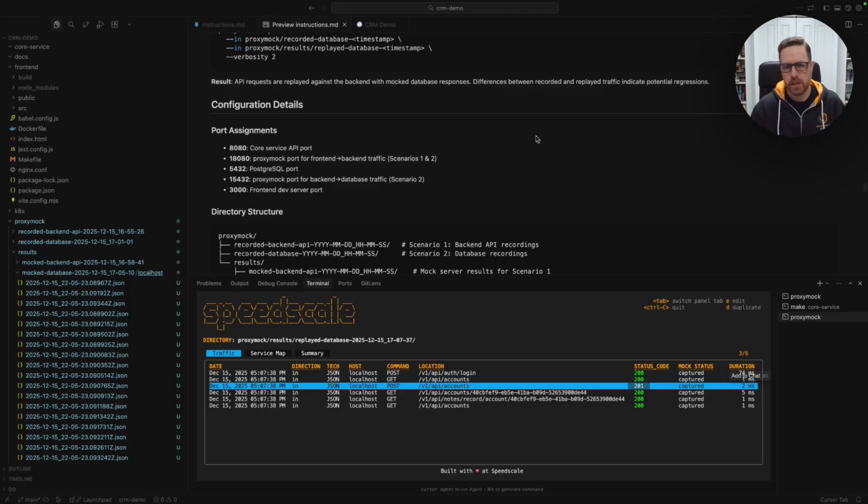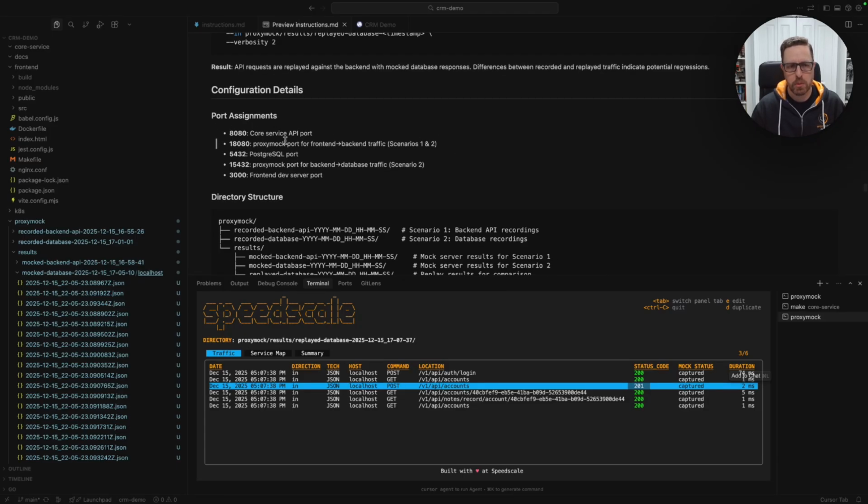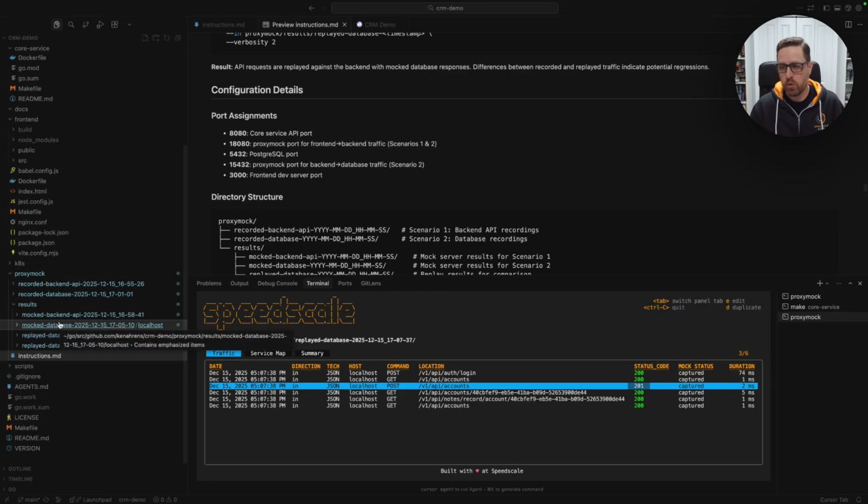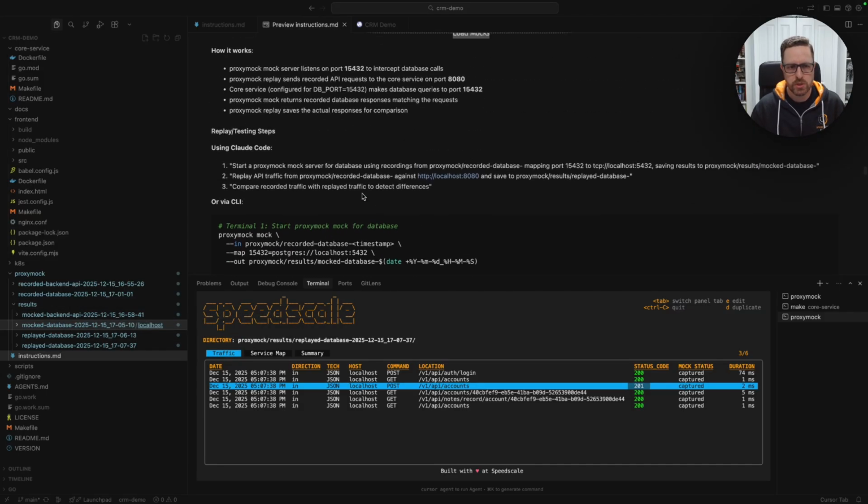At the bottom of the instructions here is a little bit more of a summary of what we did, the original ports that were used, and then we just put a 1 in front of those for the mock port. We were able to mock HTTP calls. We were able to mock database calls and isolate our components from each other. And the other thing is all this data is in Markdown format and JSON format, which are very easy for AI tools to use. You may have noticed there were instructions for what if you're using Claude Code, how do I want to use the data? So Claude can go and read these files as well